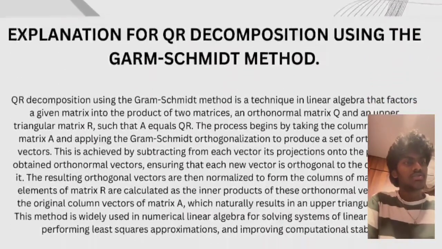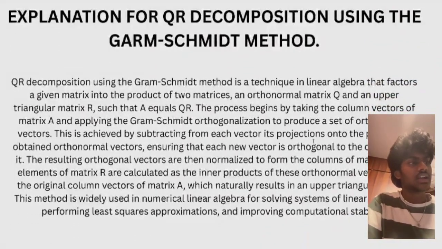QR decomposition using the Gram-Schmidt method is a technique in linear algebra that factors a given matrix into a product of two matrices, an orthonormal matrix Q and an upper triangular matrix R, such that A equals QR. The process begins by taking the column vectors of matrix A and applying Gram-Schmidt orthogonalization to produce a set of